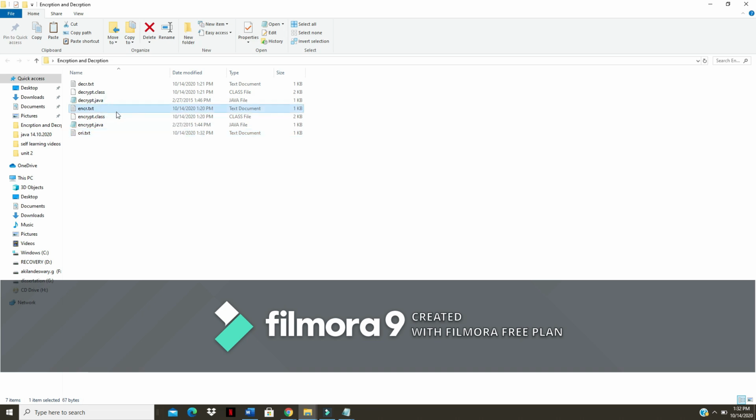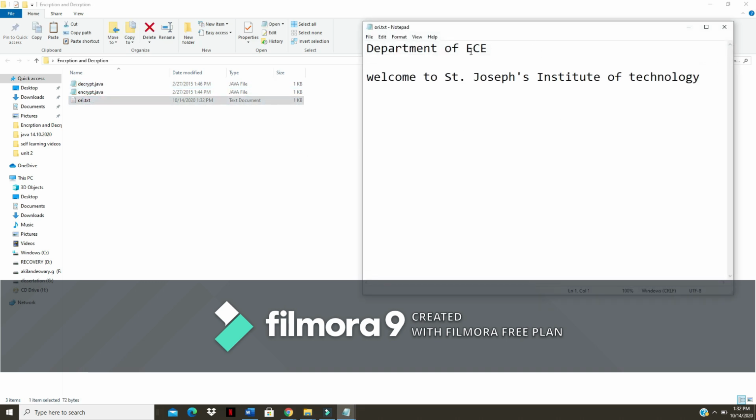Let me delete this, and I will show you how it is being executed. Also, while executing your encrypt and decrypt, it is going to give you the class file. Let me delete that also, and I will show you how the class file is generated. The decrypted file also we delete as of now, and we will see how it is created inside this folder. As of now you have the encrypt program, the decrypt program, and your input. You are going to see how it changes after encryption, and after decryption I have to get this input back.